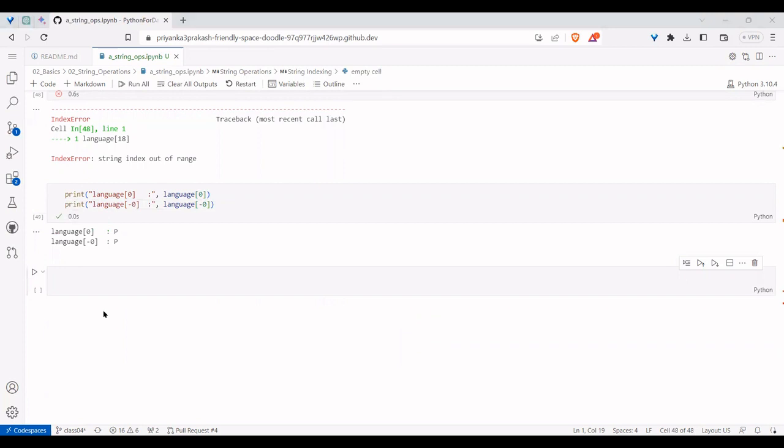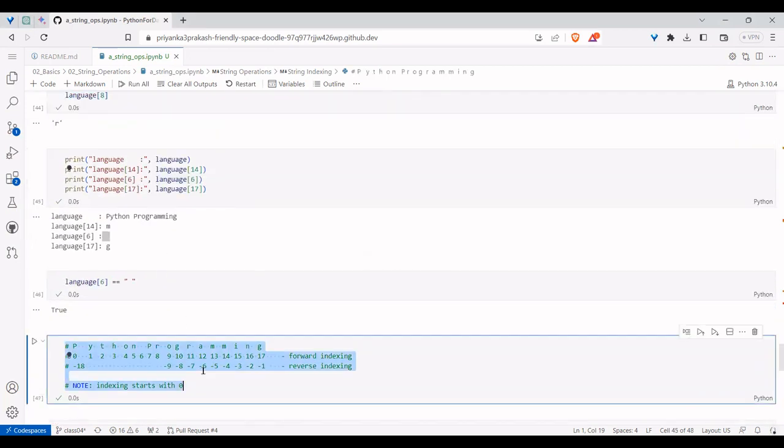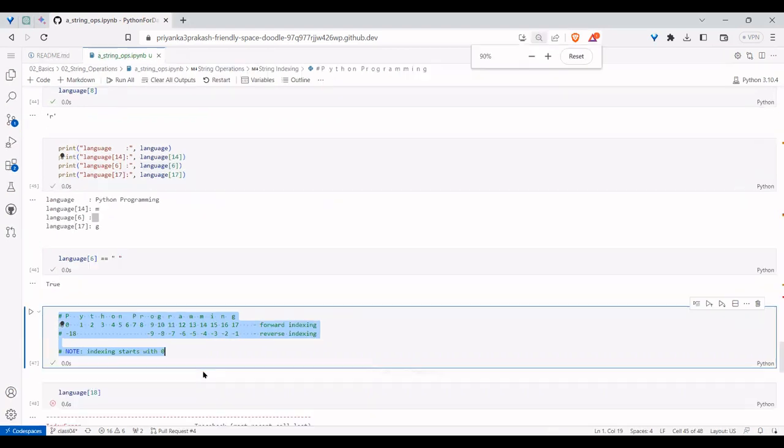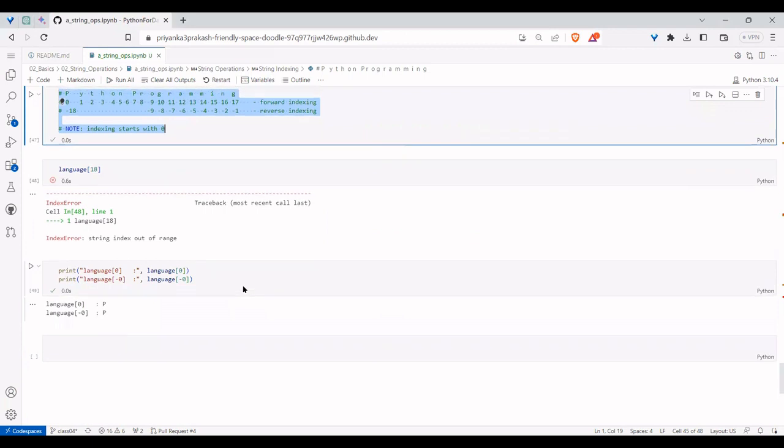Next, you understood about these positive indices. And how about the negative indices? Again, to go through it, let me pull this content and place it down, so that we can see more. Okay, here also we can see, right? Fine. So till now you understood, and negative indices are also fine.